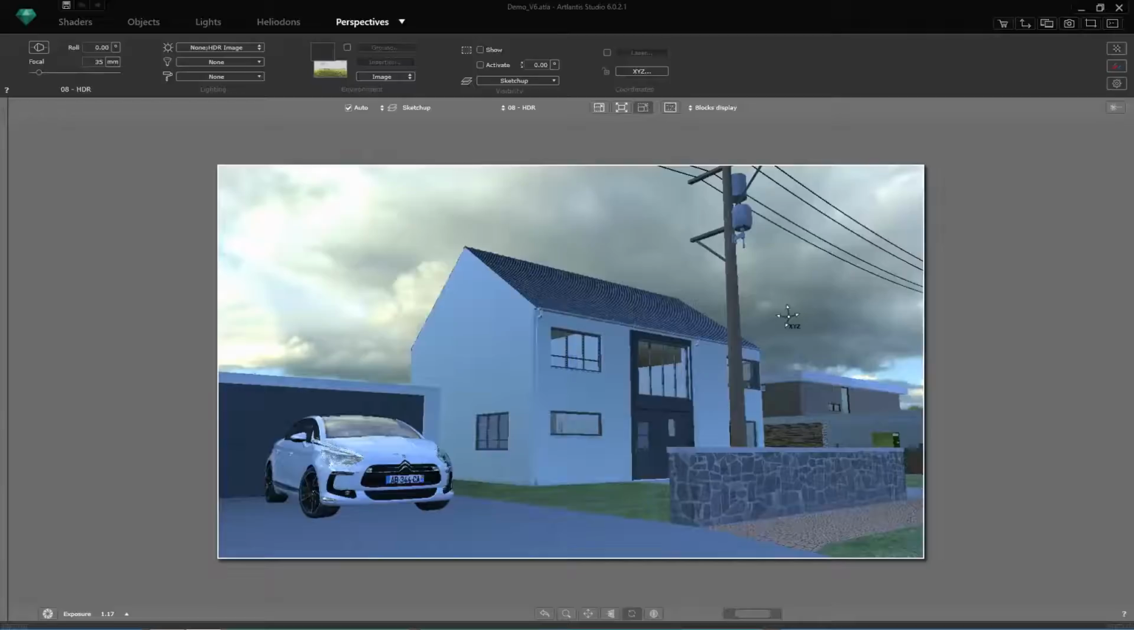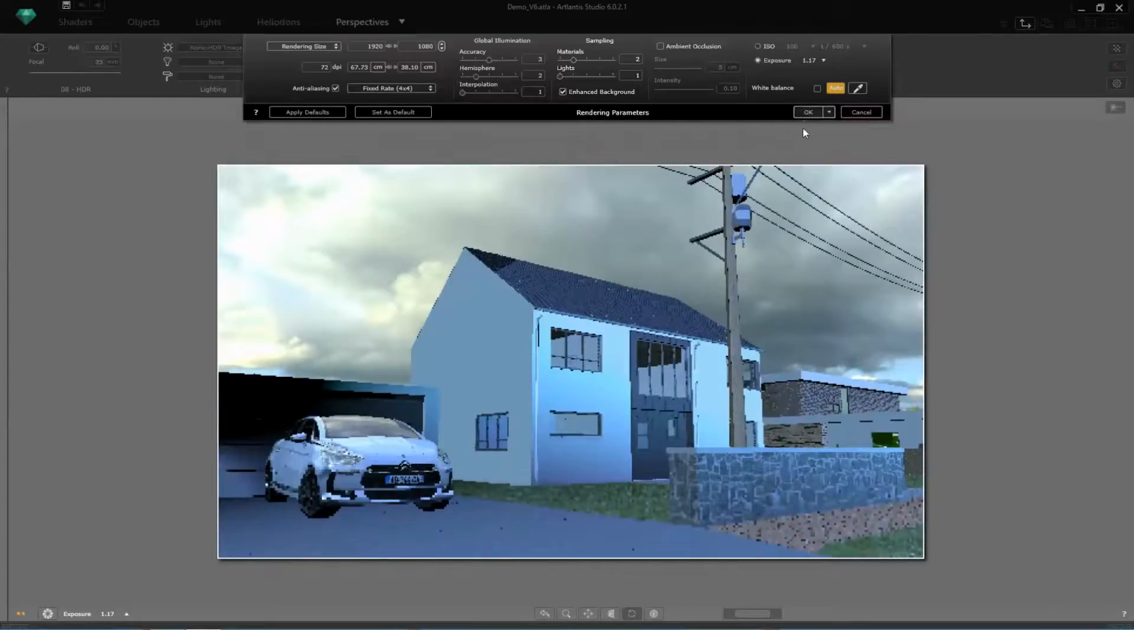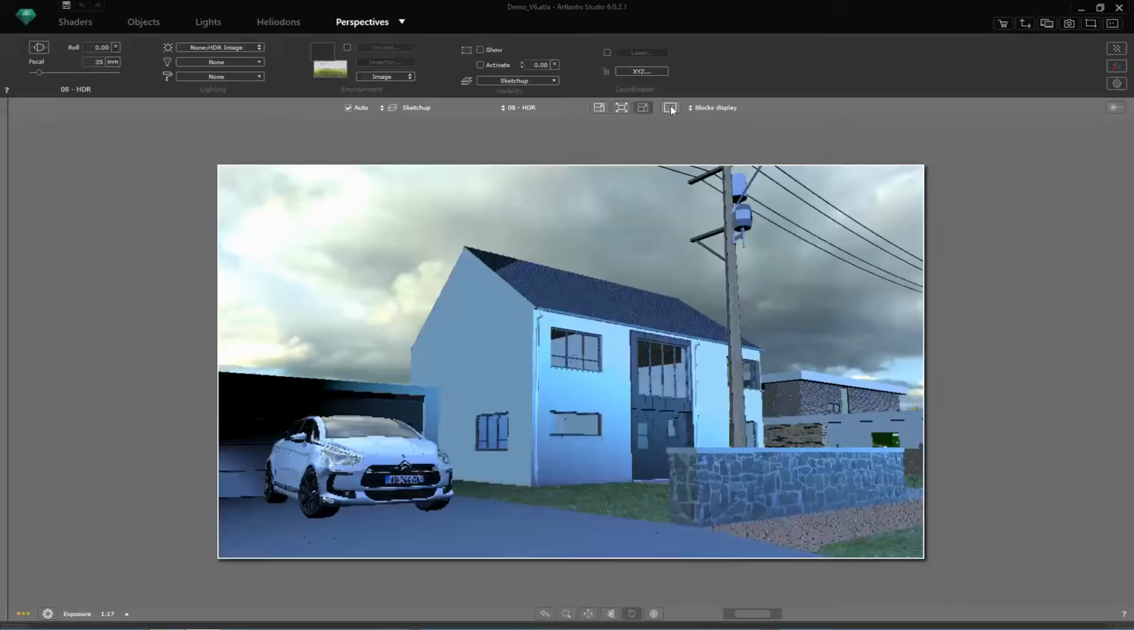To see this differentiation in our scene, we'll need to activate a special function of Artlantis 6 called Enhanced Sky. It can be done in the Rendering Parameters dialog, and it's just one click. Activate. Now, using the Refine Preview option, the preview will be refreshed and the real light effect of the HDR